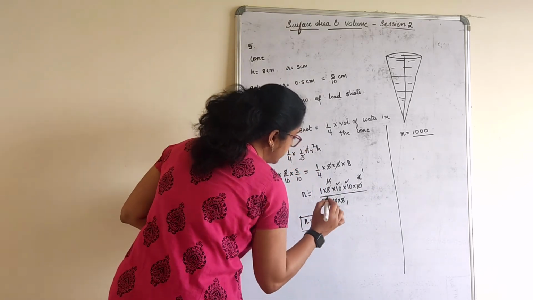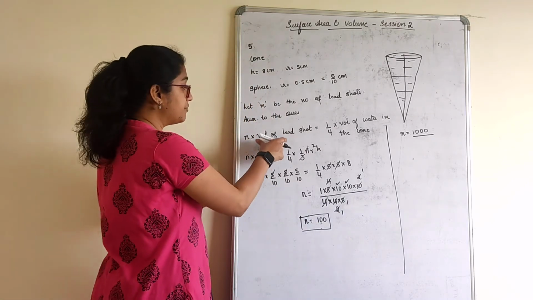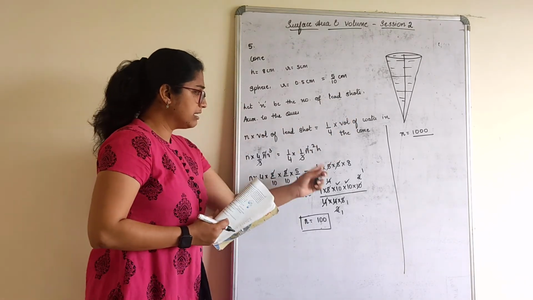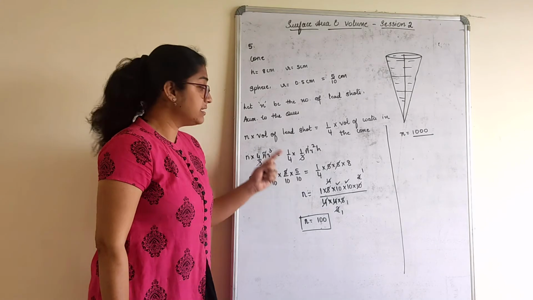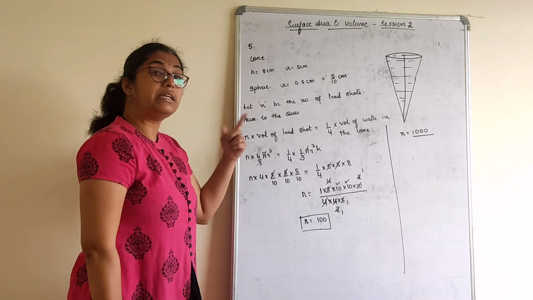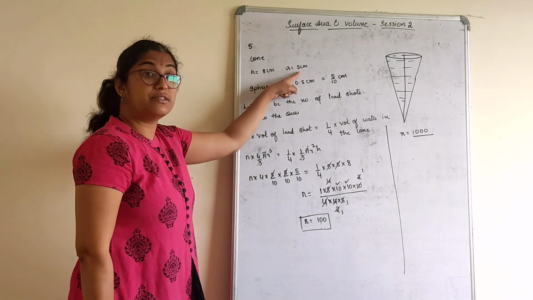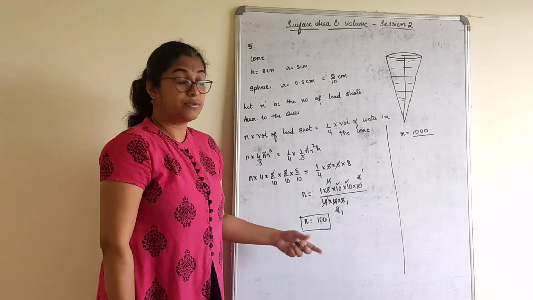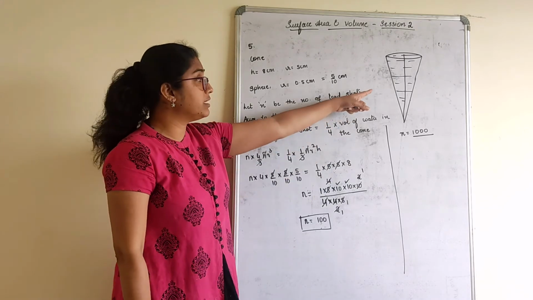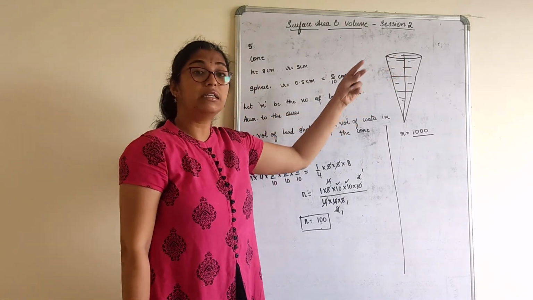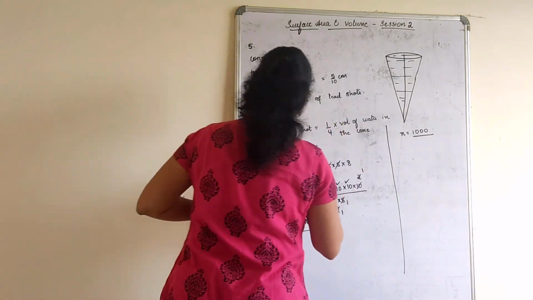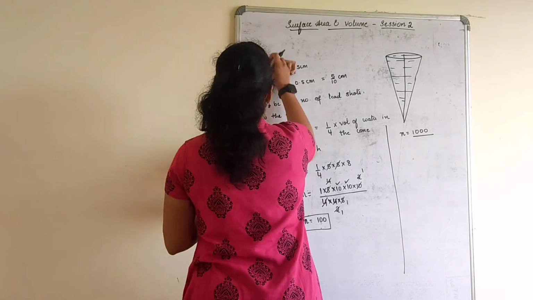Calculation became very simple here. Rather, if you would have calculated first the volume of lead shot, then 1/4 volume of cone, then substituted, directly we got it because we could cancel so many things. And one more thing, I purposely kept that as 5/10 only instead of 1/2 because I already have radius as 5 here, which I can just cancel, right? n is equal to 100. That means when I drop 100 lead shots into this conical vessel, which is filled with water, 1/4 of the water splashes out.